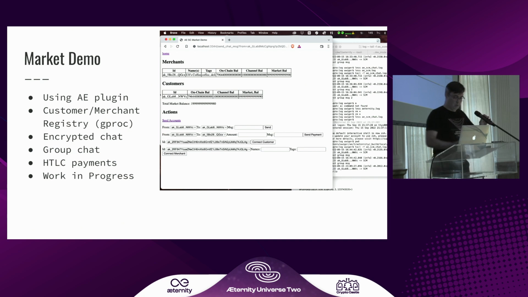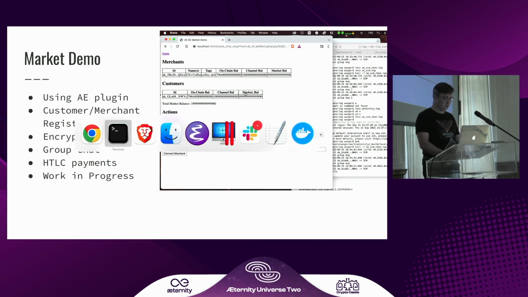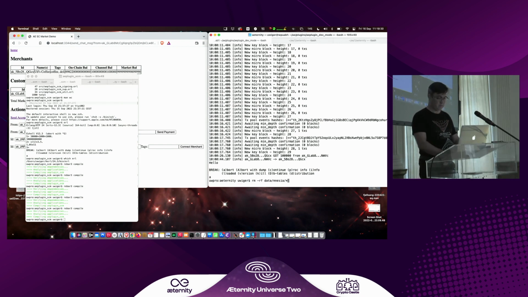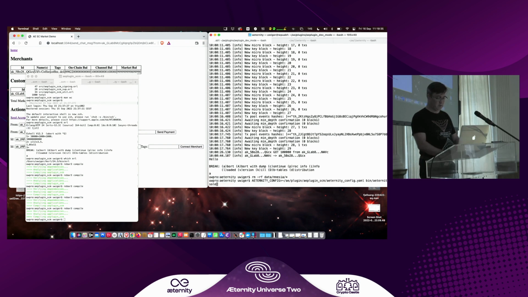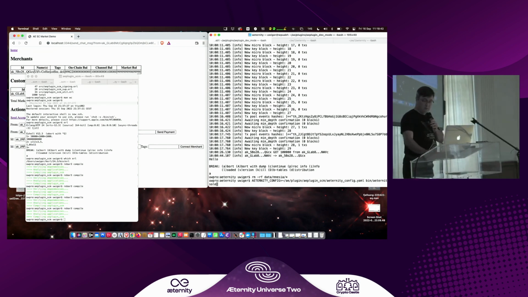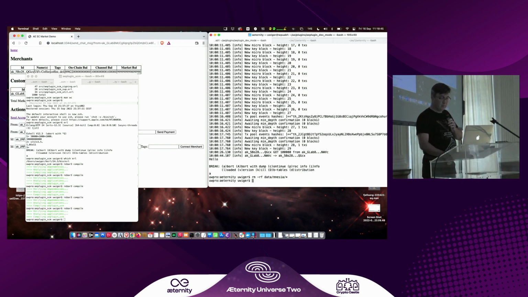So I can show you this. I have a node here. I'm just going to scratch the database to begin with, and then start the node. Let's see, have you been playing with plugins?